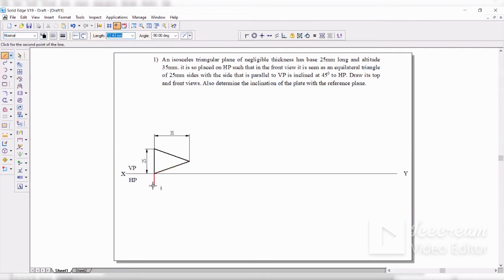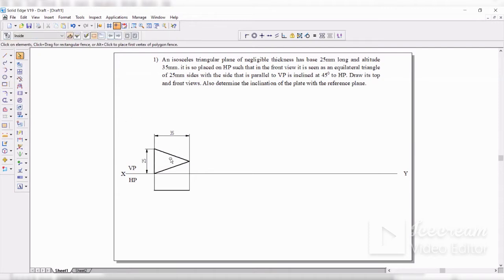For drawing the top view, you should draw projection lines from the corners of the triangle. So I've drawn that. This length is not specified, so you can draw as much as you want. I've drawn a particular distance, but it is not mandatory to have the same distance. Make sure that you have drawn it properly. This one I have drawn a little bit less, so I'll make it up. I'll make sure that both of them join. But this is your view now, so that has to be dark. So make it visible now.